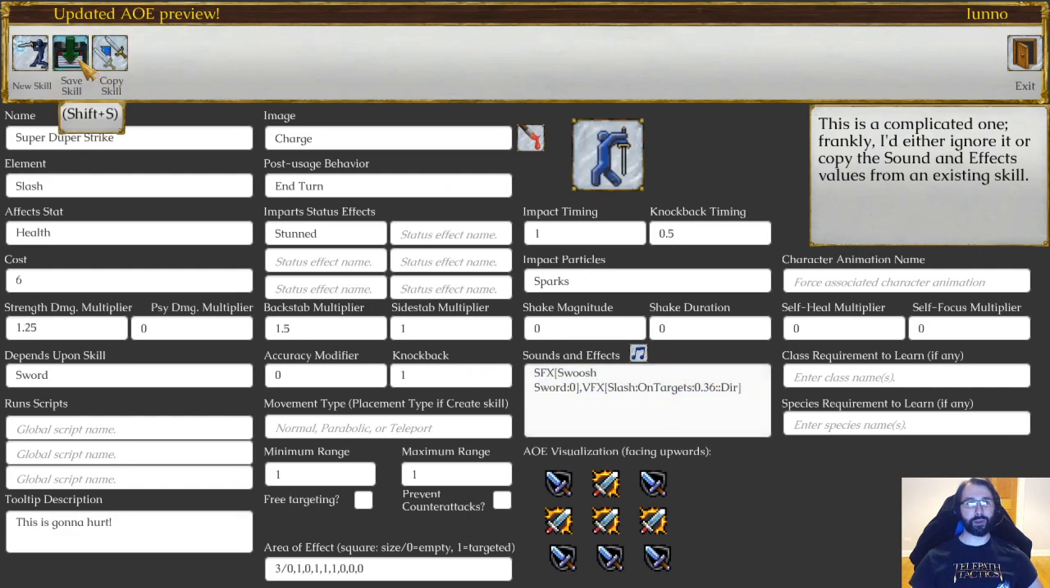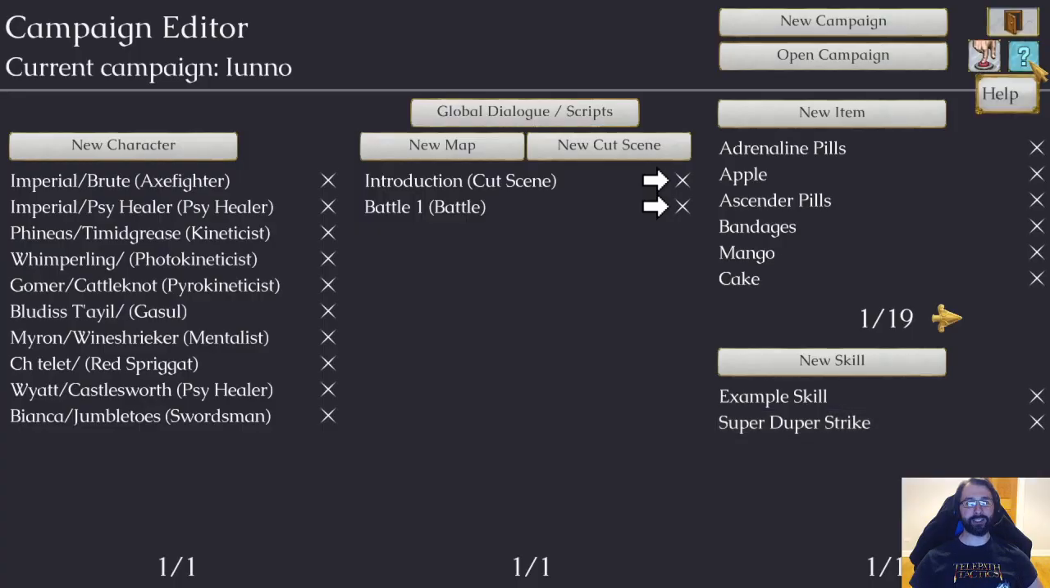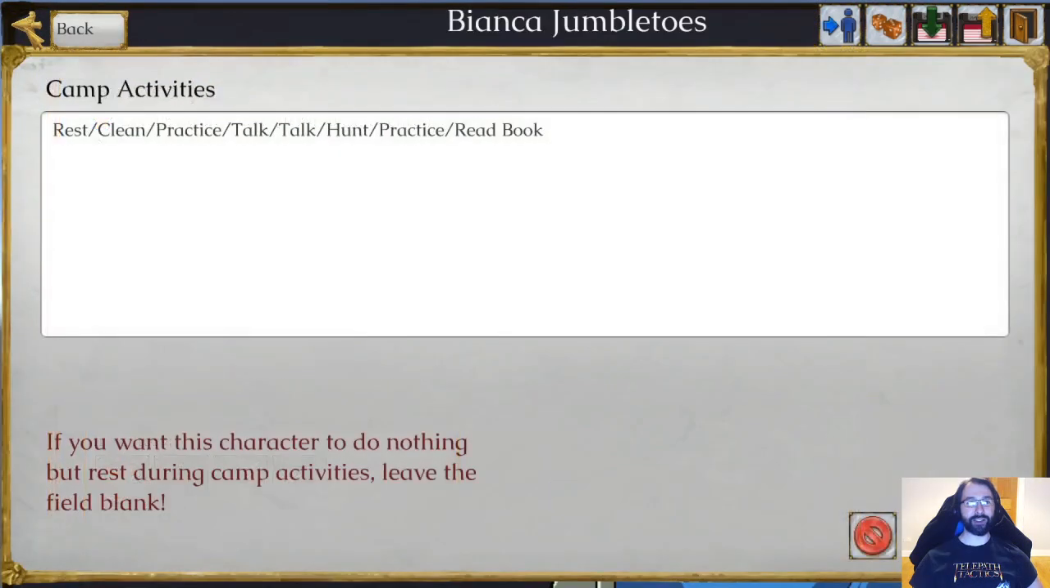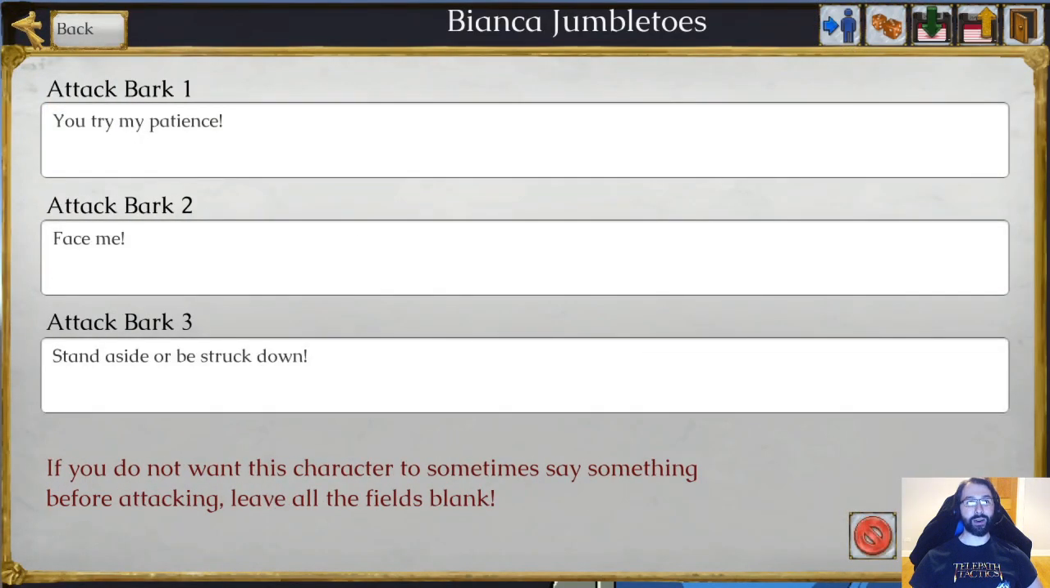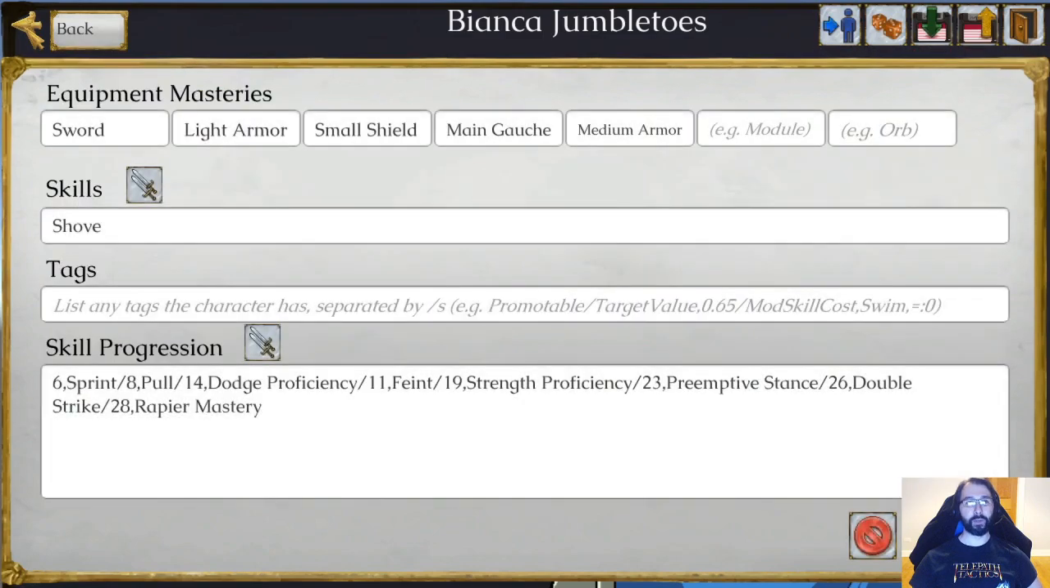Nice and straightforward. We'll save this, and we will exit. You could then go right back into the campaign editor and just give this to a character, right? It's now accessible in the other editors. So let's say at level 7,